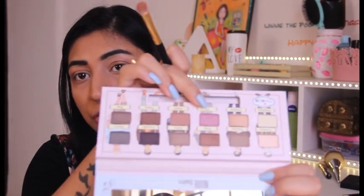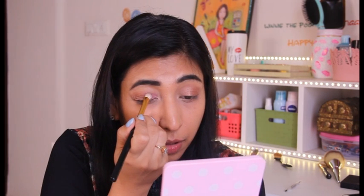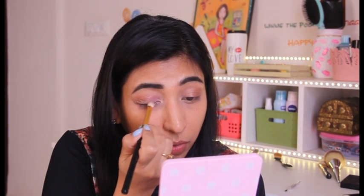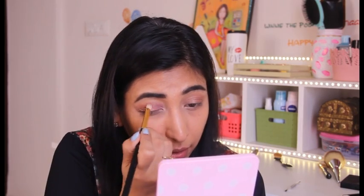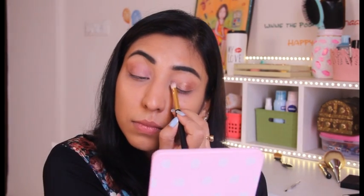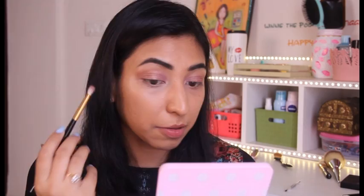Placed this color on my eyelid, and now we'll be taking this shade, this purpley mauve shade. It's called the Fit shade, and we'll be applying it towards the inner corner of my eyes. All the colors are really pigmented. Even this blush kind of, this purpley mauve color is also really pigmented. Yeah, so that is how I've just blended it